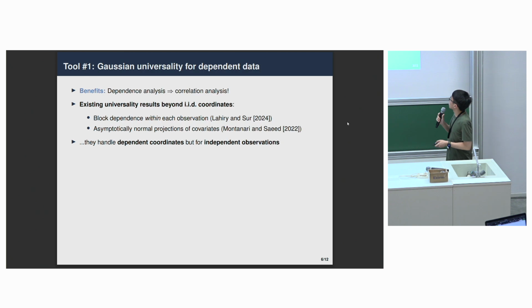I want to clarify that there are recent works looking at universality results for dependent data. A lot of them focus on dependence across different coordinates, whereas they are still looking at independent observations. We build results that work for dependence across coordinates of the same data, as well as across different observations. And these two dependencies play rather different roles in an empirical risk minimization problem.